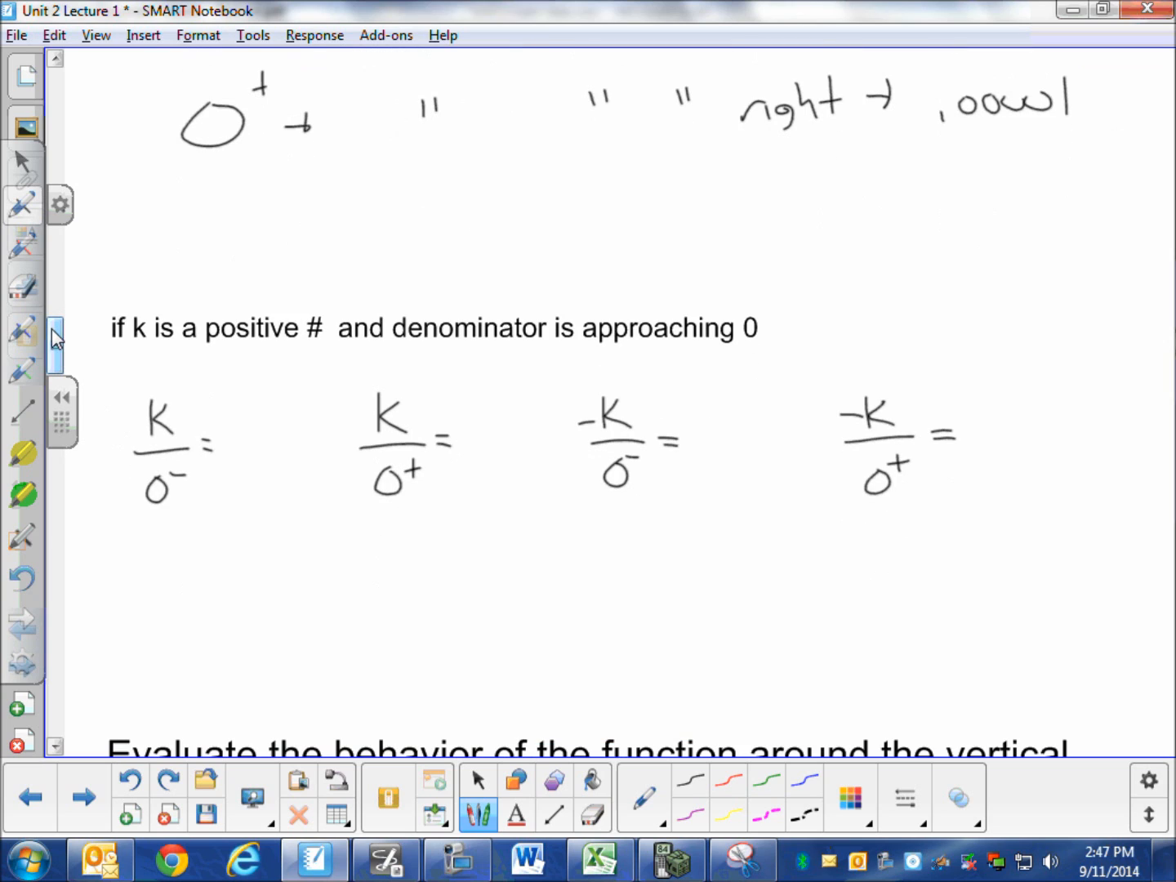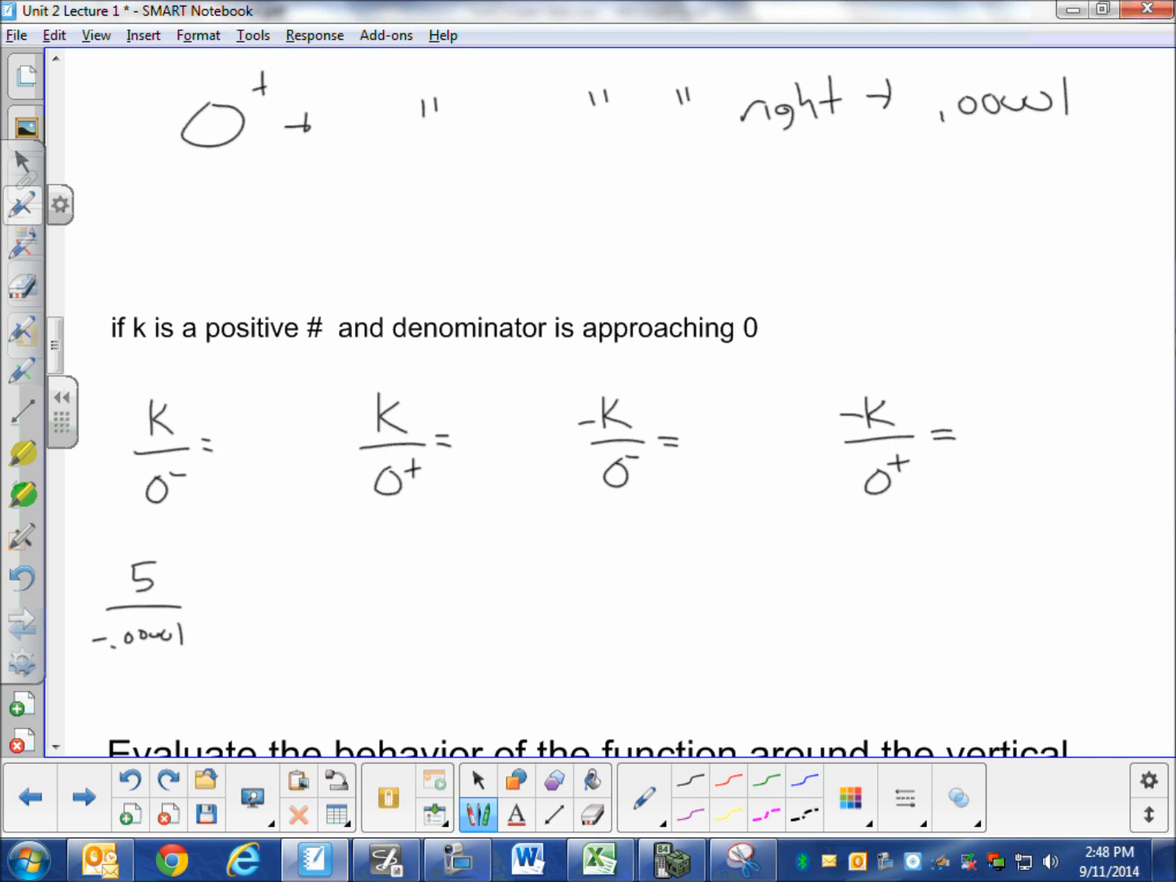Let's think about just these situations, okay? Think about k being some positive value, not a value, just a number. And we'll talk about our denominator being these very infinitely small values. So k is a positive number. You could say k is like 5. If I take a number 5 and I divide it by something infinitely small, but to the left of 0, so it's infinitely small and negative,